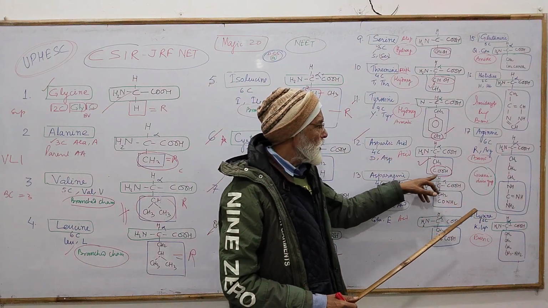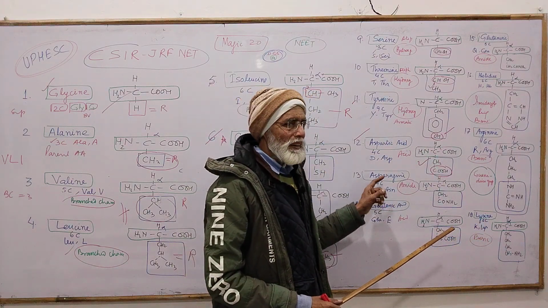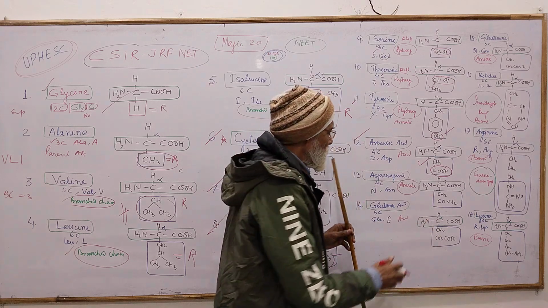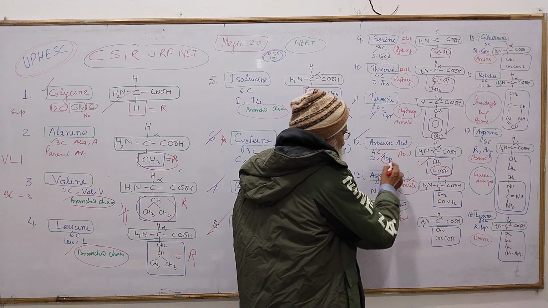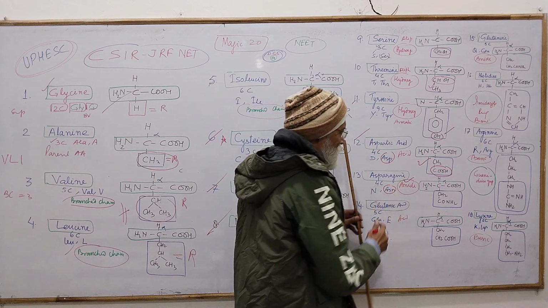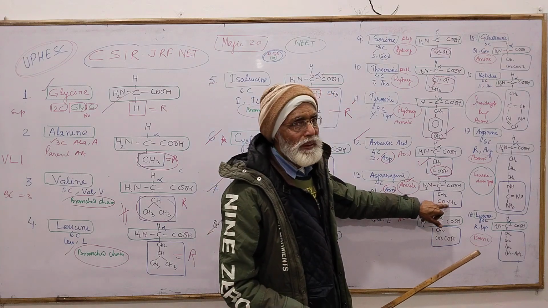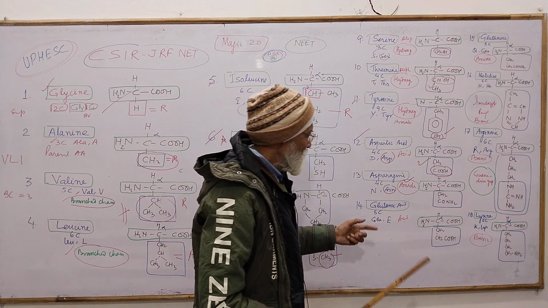Now if the OH of the carboxylic group is substituted by an amino group, then you get another amino acid that is called asparagine, and remember it possesses an amide group. Aspartic acid is ASP, while ASN is asparagine, this is the amide. Okay, an extra amino group is present in asparagine, not in the acid. Now the next member is